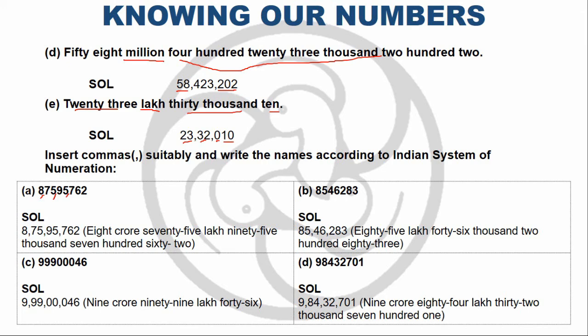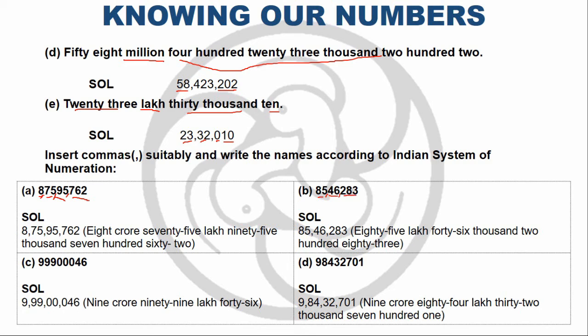So here what is the first number? 8. So that can be read as 8 crore 75 lakh 95,762. Okay, so what is the subdivision B? So how can you put commas here? After 3 digits put a comma for separating thousand. After 2 digits you have to put a comma for separating lakh. So what is the number here? 85 lakh